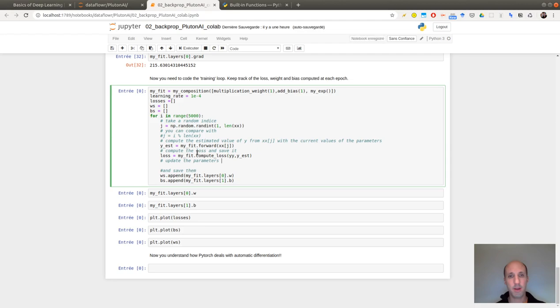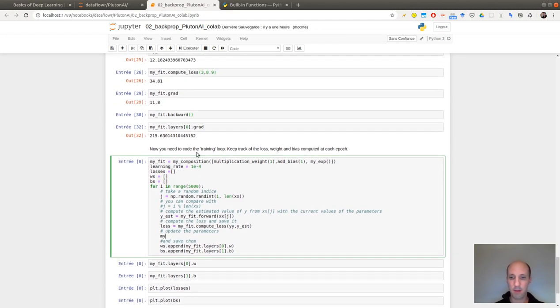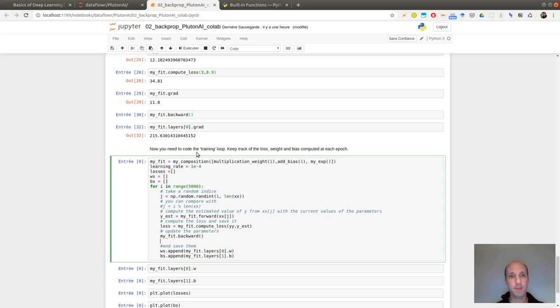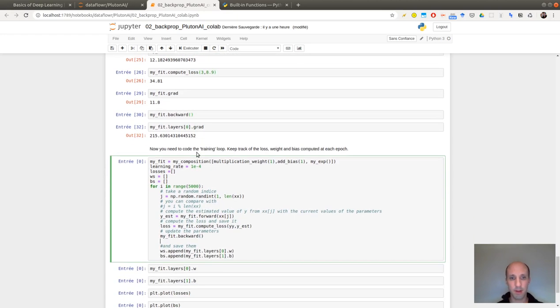Okay. Update the parameter in order to update: my fit backward. I'm computing the gradient, and then my fit step with a learning rate. Okay.